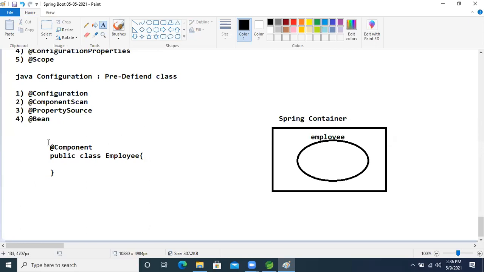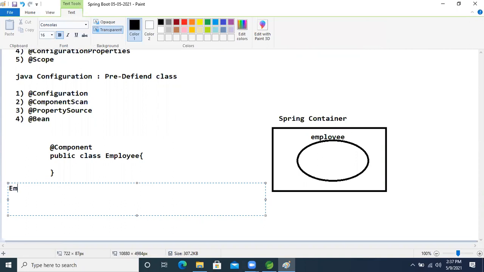If you compare this as a normal core Java object, it will look like this code: Employee employee = new Employee(). Like this, our IOC container will internally create it.